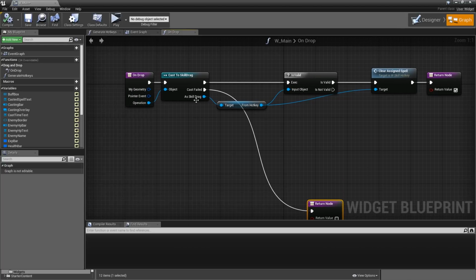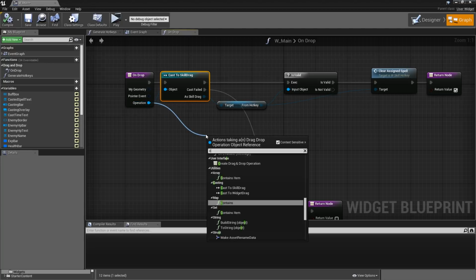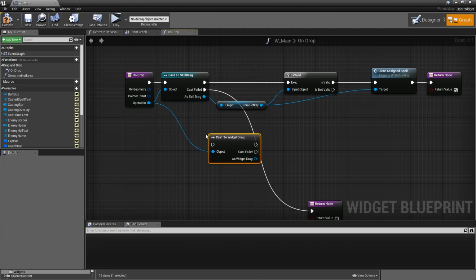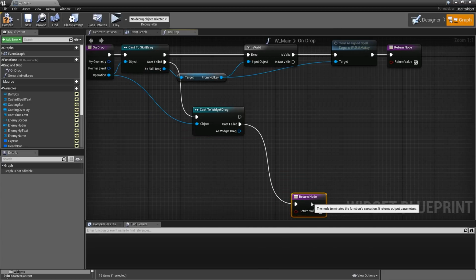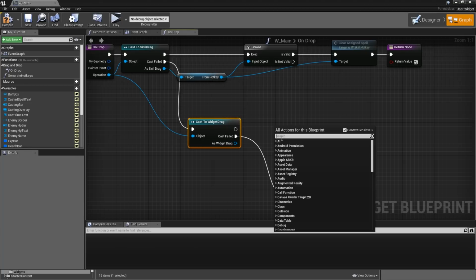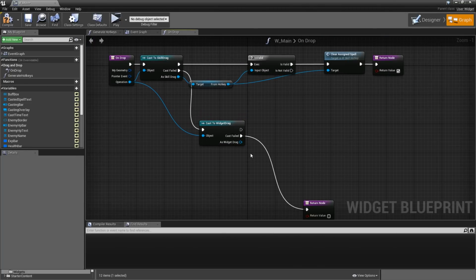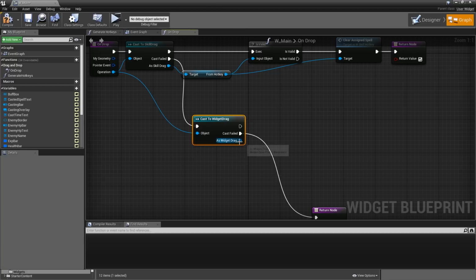What we want to do now is, if that first cast here fails, we want to grab our operation and cast it to the widget drag instead. Connect that to the cast failed. If that cast also fails, we can just return with false, but if not, we have to set the position of our widget. So let's get the dragged widget